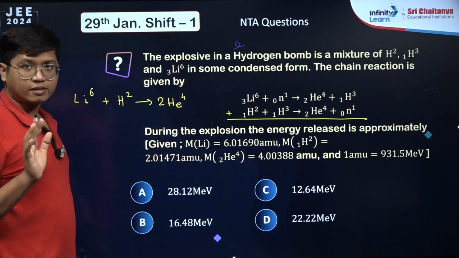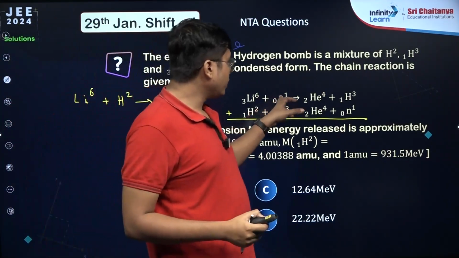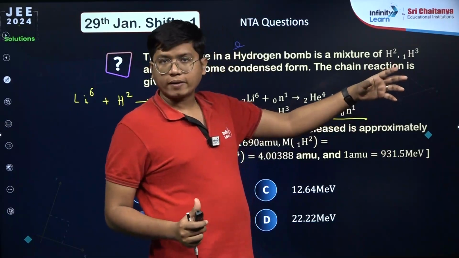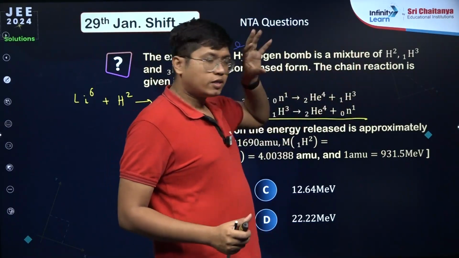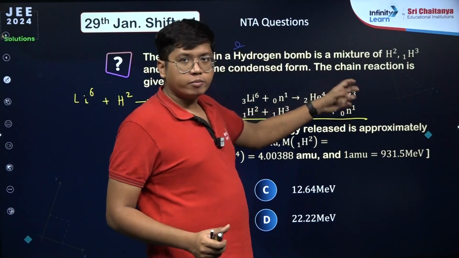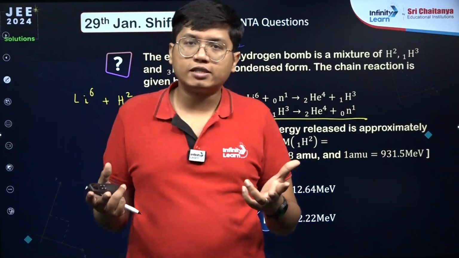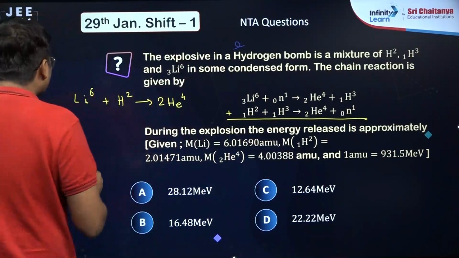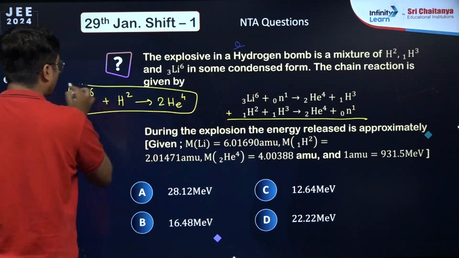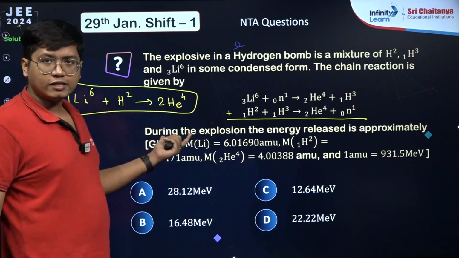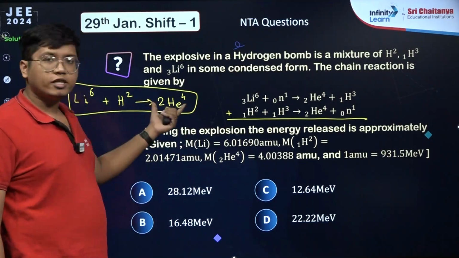2 heliums, that's it. Because whatever neutron you put in, that neutron has been taken out at the end. Similarly, whatever deuterium, whatever tritium you got, that has been reused again. So its energy, you won't really be concerned about that. This is the main process that you're dealing with. So when you're looking for the energy released, you just want the energy release from the